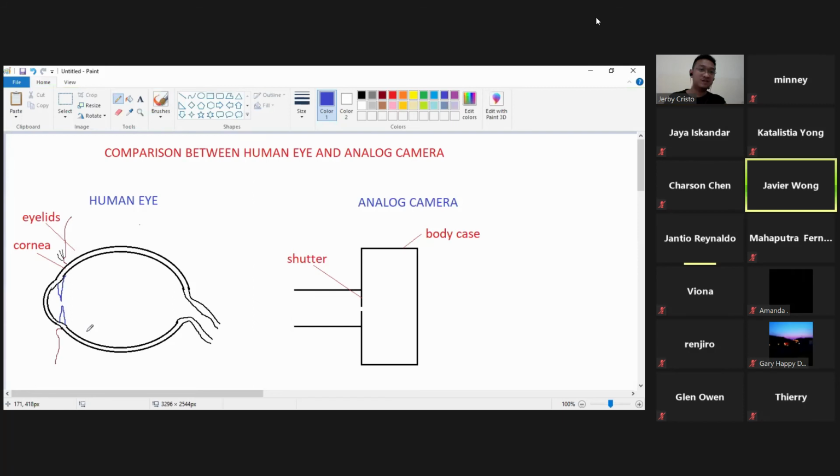Iris. I'm sorry, what do you call that? Iris. Iris, yes. So we call this the iris. Now, what's the purpose of the iris? Okay, the iris is the one responsible for regulating the amount of light that will enter our eye. So the amount of light